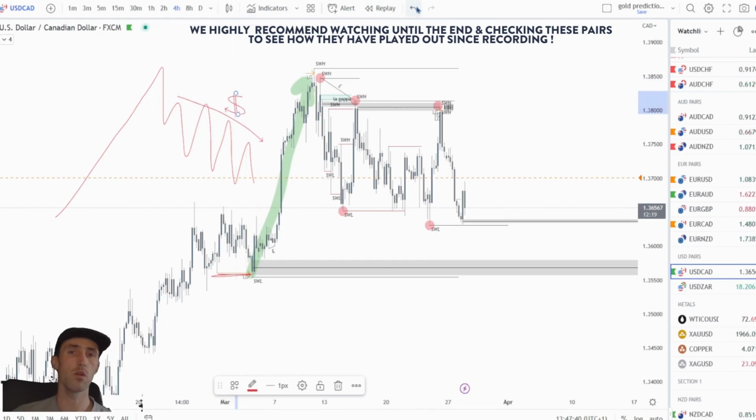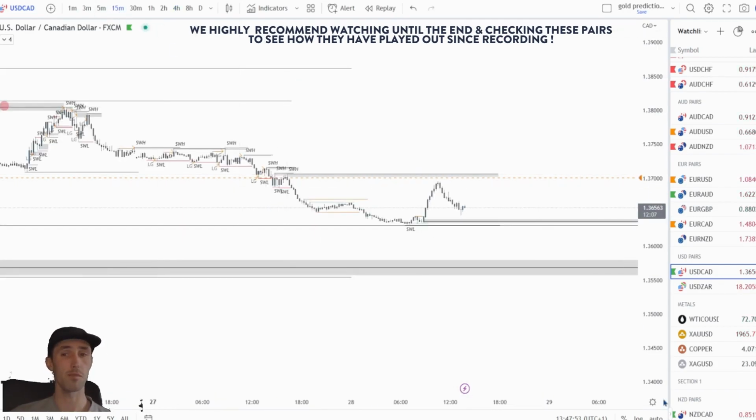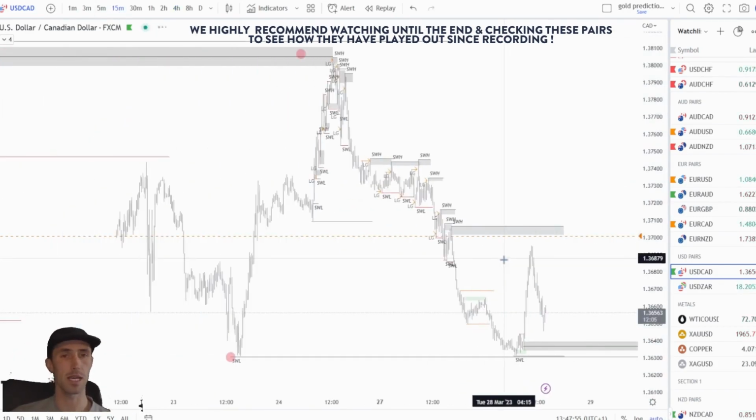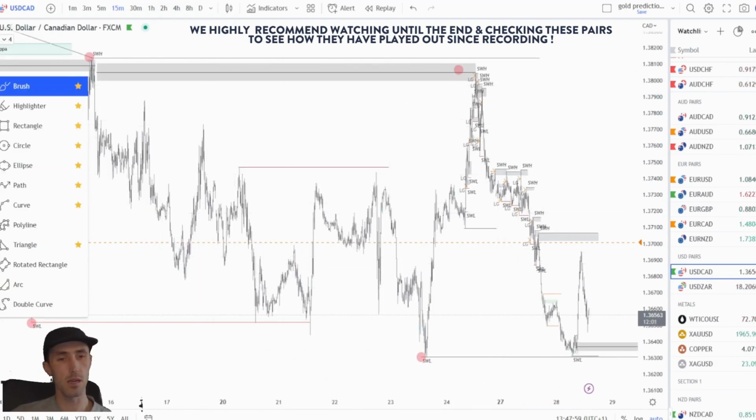Now, one thing that we always need to remember is for every larger time frame move, there has to be smaller time frame corrective moves which will change trends. So for example, if we drop down to the 15-minute here, we'll go back to the bigger time frame in a second. You can see here that we have played consistently between